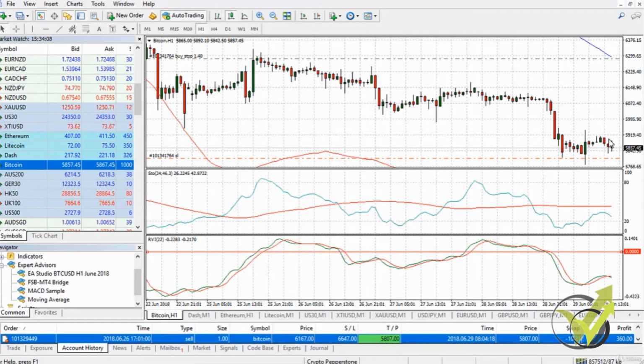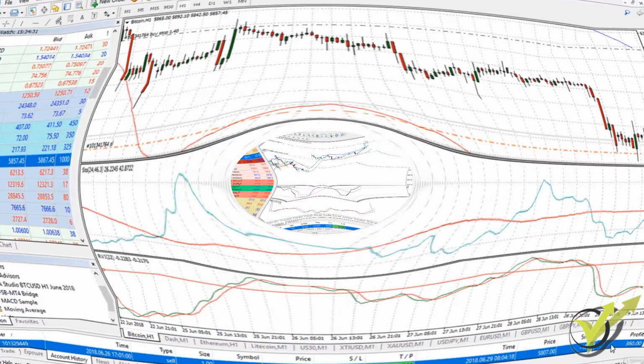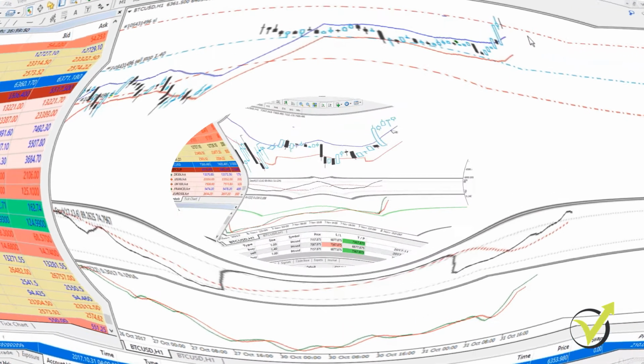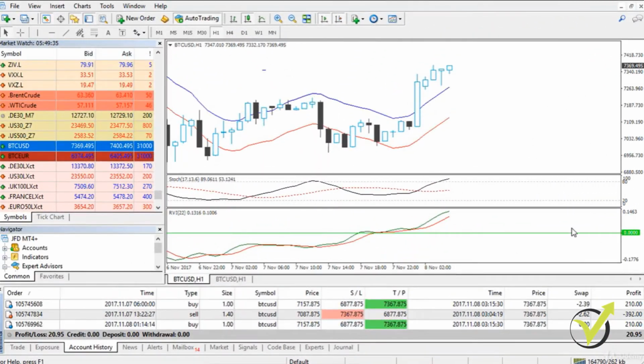Daily we have so many opportunities with Bitcoin, and in this course you will learn how to trade in the right direction and at the same time how to add $200 to your account with every positive trade. And if the market goes against you, you will know how to use the never losing formula.